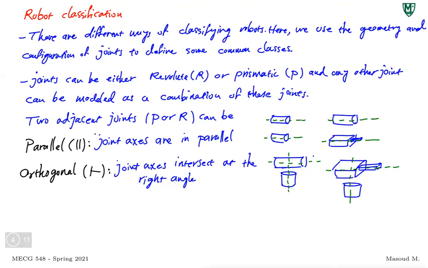So there can be a distance between them, like in three-dimensional space. But as long as a common normal going from one axis to another exists, and both of them are at right angles with respect to that common normal, then that would be the perpendicular